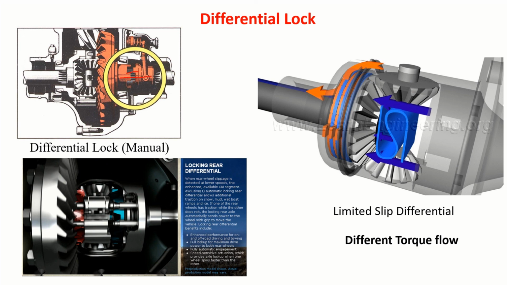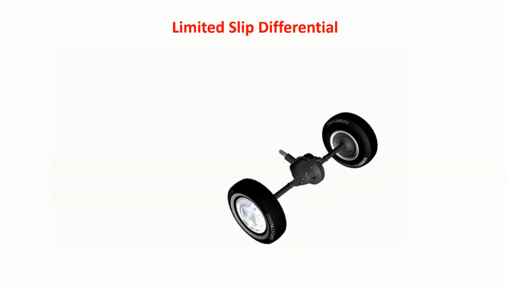That means the whole thing, through this casing, you lock with this ring gear, so that as this rotates, this will also rotate and get more torque. Correct? So as it gets more torque, whichever wheel is on the dry road will move forward and take the vehicle along with it. That is what we call a differential lock. So a differential lock can be used and we can overcome this kind of difficulty.